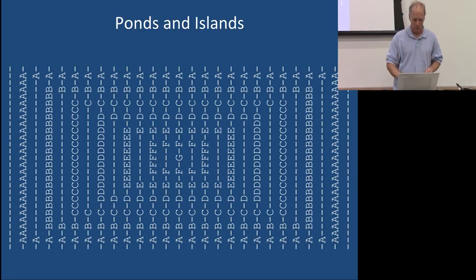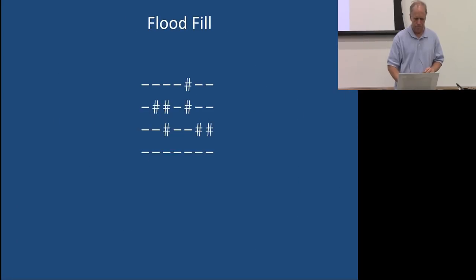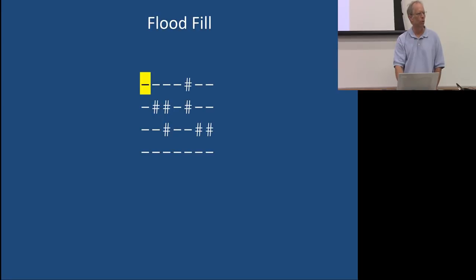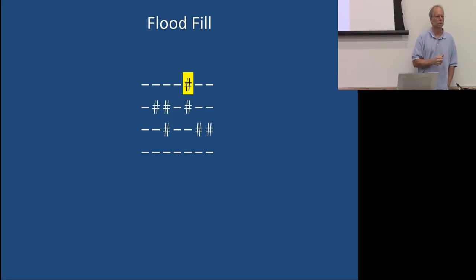Okay? So what we're going to use to do it is called a flood fill algorithm. So let me sketch the idea. So suppose this was the thing we were dealing with. We're going to scan the rows, the rows one at a time. So we'll look at that one first. And what we're looking for is some land. Now that's not land, that's not land, that's not land, that's not land. And then we find land. This is where the recursion comes in. This is just a loop so far. When you find the